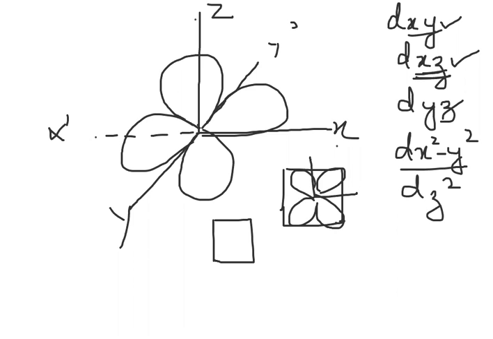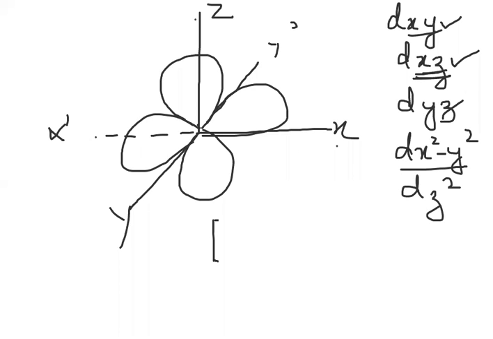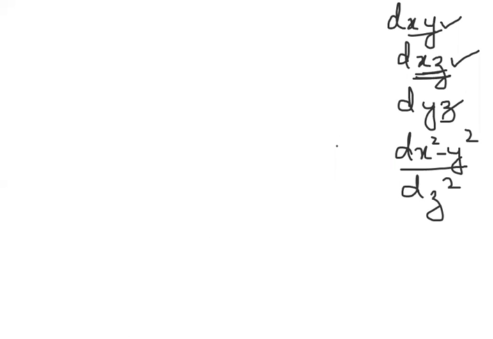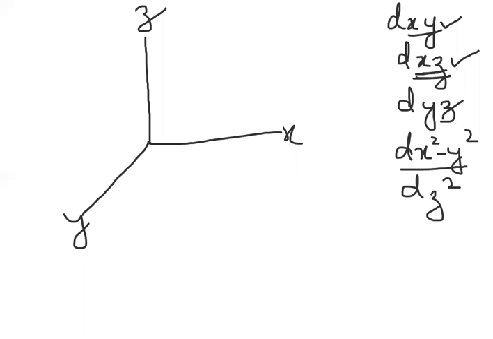Okay, in this case, it will be along the axis. So if I'm doing the x square y square, let me just show how to do that. You can understand in this case that if I'm doing this, then this is one. This is the other axis and this is the other axis. So if I'm doing x square y square, this is the x, this is the y, and this is the z. The dx square y square is along the axis.